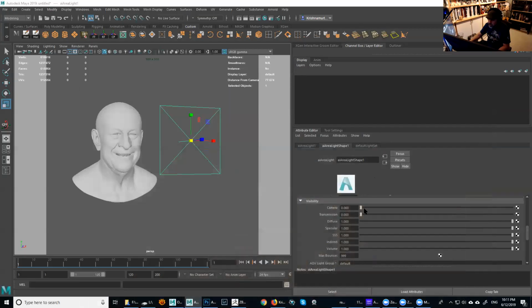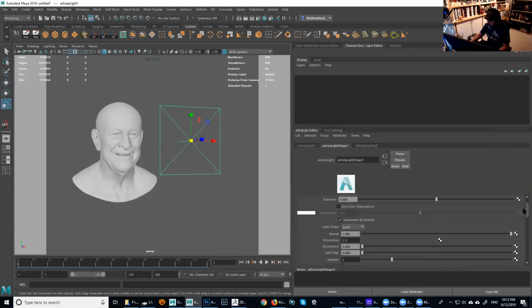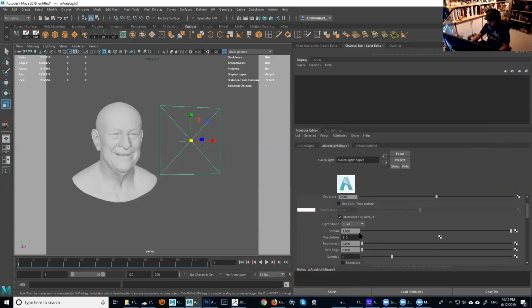To do that, you can simulate it by dragging the camera value from 1 all the way to something like 0.2. Then you underexpose just the HDRI in the camera, but the lighting itself is still going to be there. It's a creative way to simulate this kind of effect, especially with the flashlight. So let's go back here and do a first render. So we have everything fine.